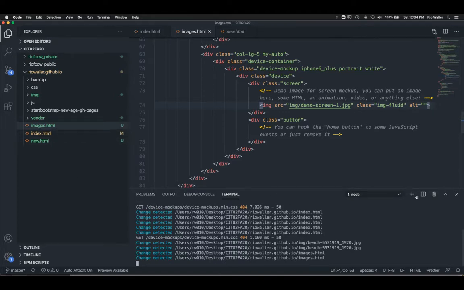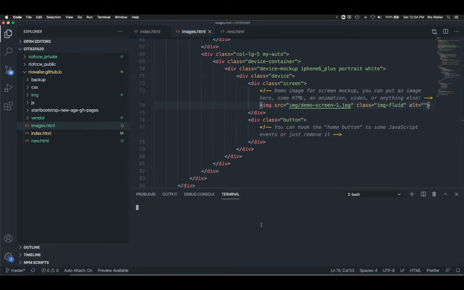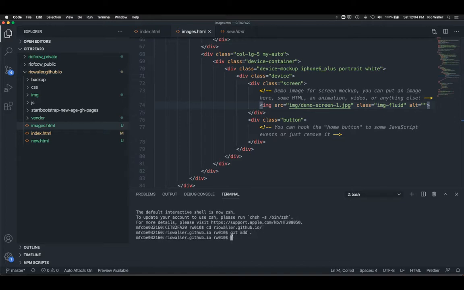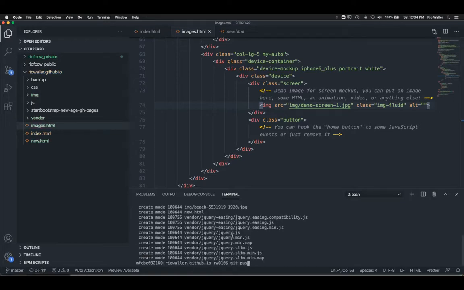So let me come over here. I do git add star, I do git commit -m. Now I haven't done the images file, I'm just giving you the example of the link. Adding new content, and then git push.